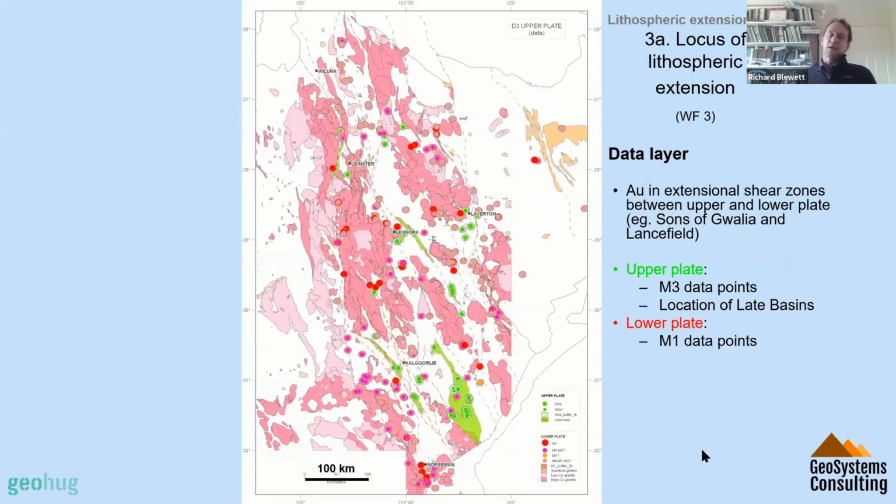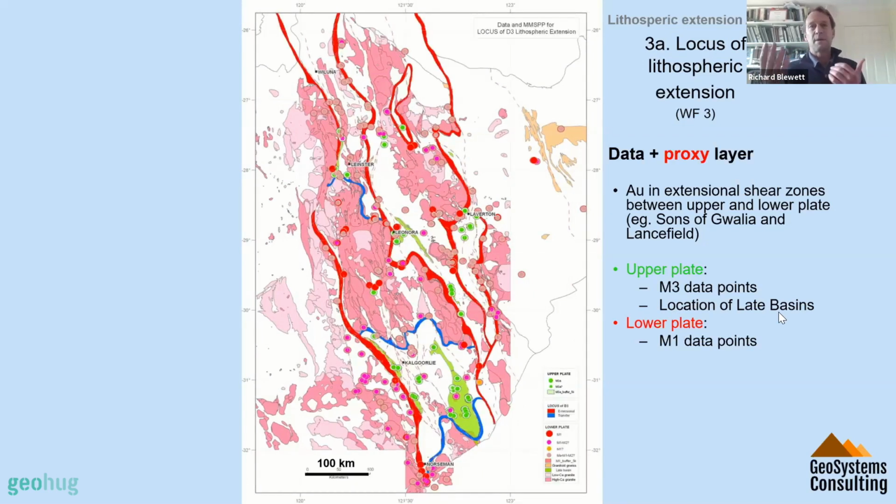The next bit is, as we rip the crust apart, that happens across these big extensional detachments. Now we can map out those. They are the boundary between what we call an upper plate and the lower plate. The lower plate is defined by these high pressure metamorphic rocks, which you see in the red, and the anti-clockwise PT paths, and in the upper plate, the location of the rift basins themselves. So we can map out those detachments, and they're commonly many of the big shear zones that get reactivated later. But that's where you have massive dislocation and juxtaposition of crustal levels across those zones. And there's an interesting sort of east-west trending, northeast trending sort of accommodation zones